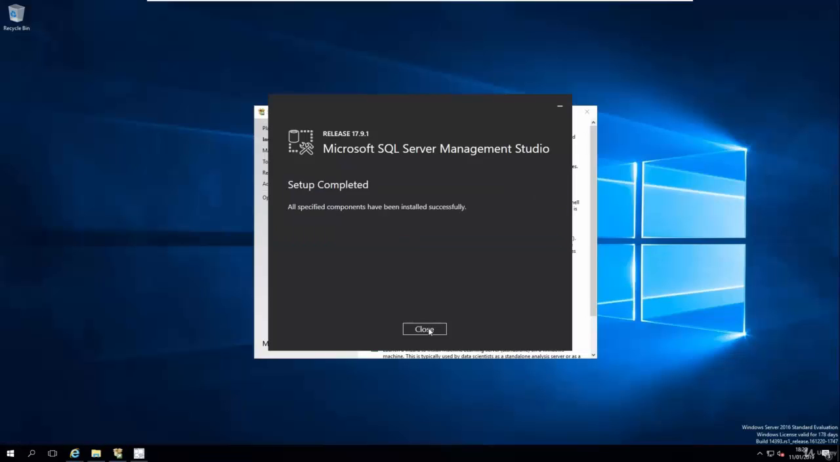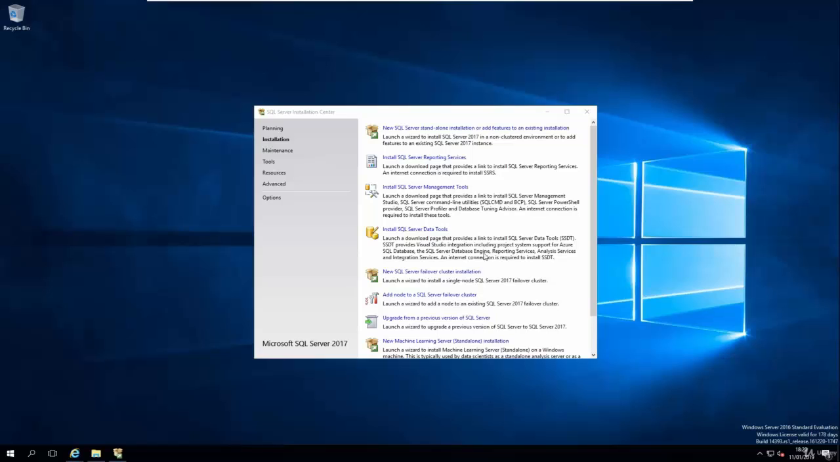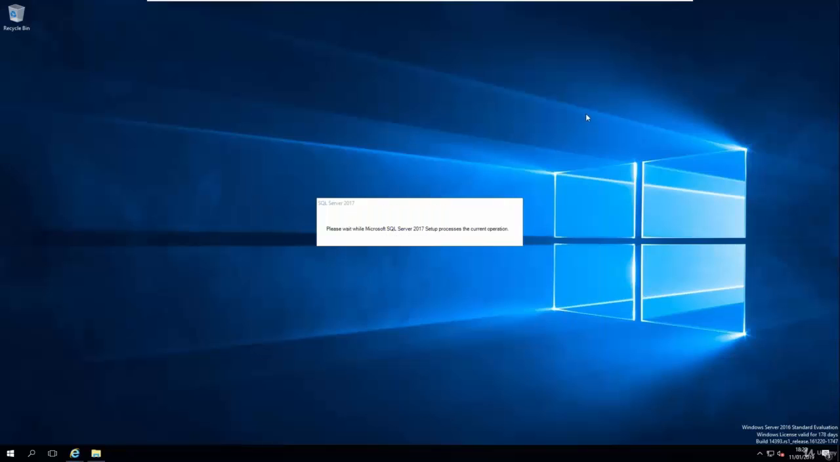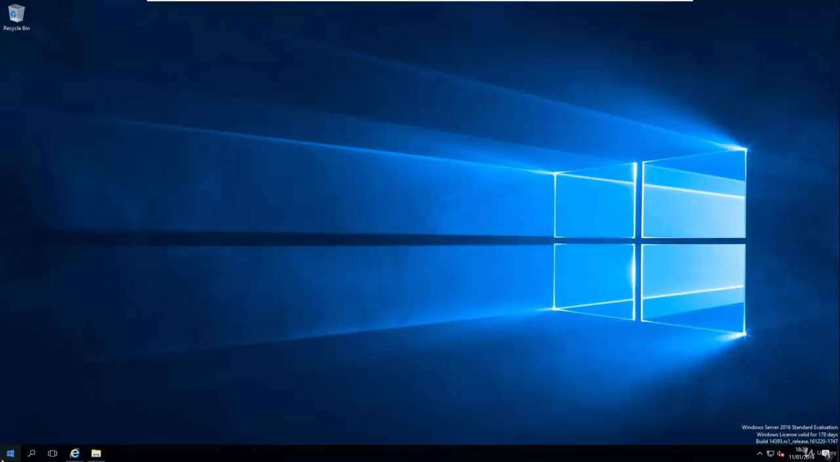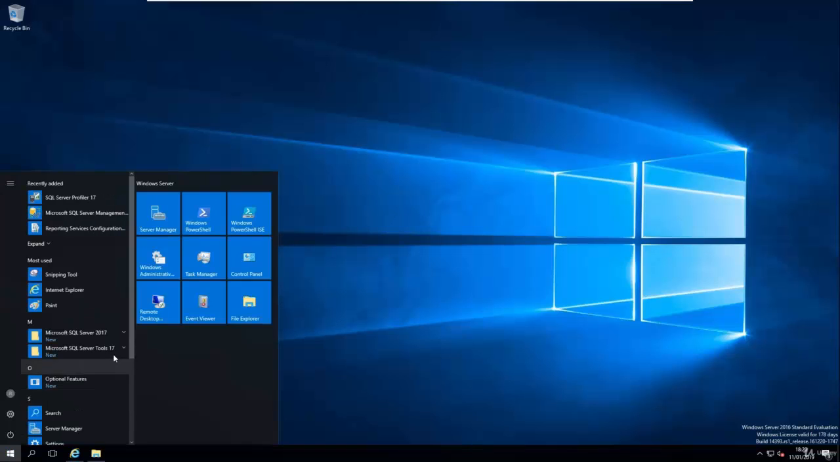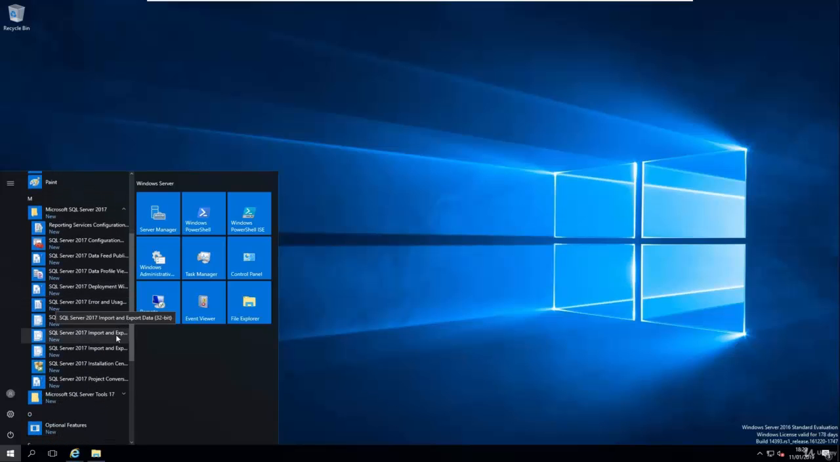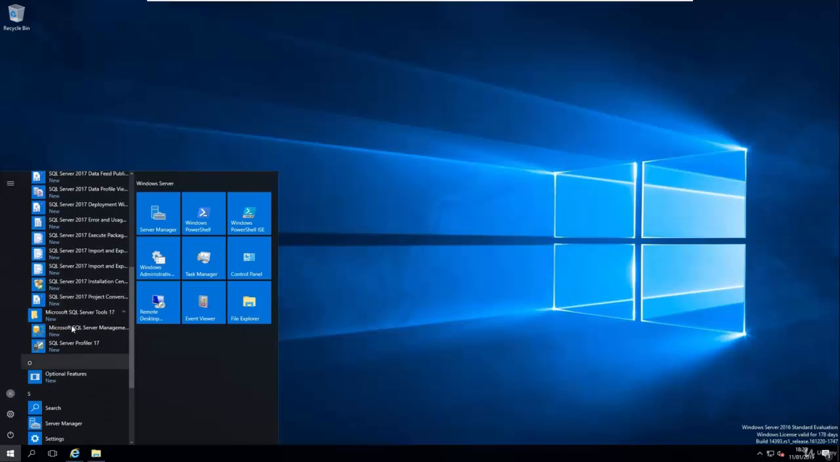Now that it's installed, I will just take you on a quick tour around SQL Server Management Studio. So you just press this close button and close this as well. And if you go to your Start button and click on SQL Server, whatever edition you have got, you'll see Microsoft SQL Server Tools, and in there you will see Microsoft SQL Server Management Studio. So if you click on this,